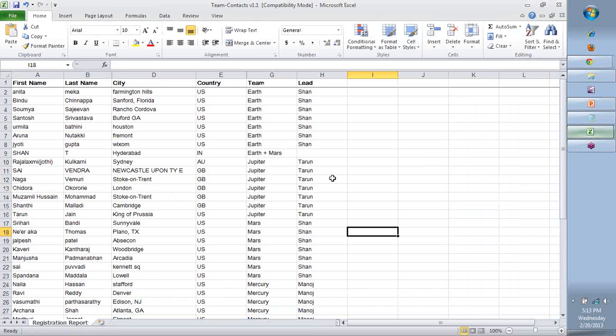Now, I have put all the participants' names, the city and the country out here, from the people who've registered for the GoToMeeting and GoToTraining. And then I've divided each of you into various teams. I have used the planet names as the team names, so we're able to associate with each other.